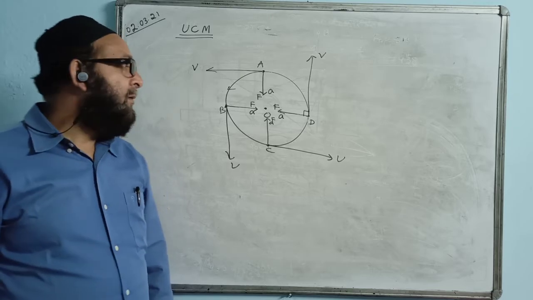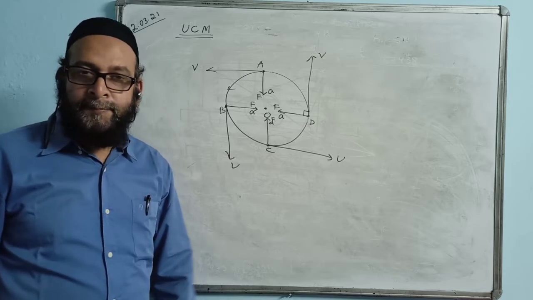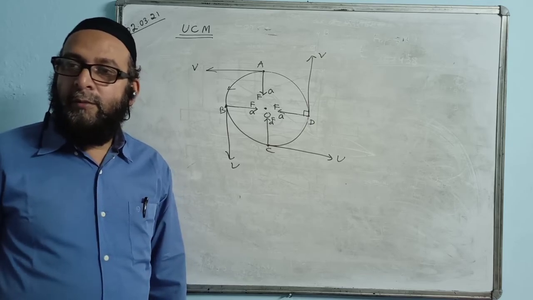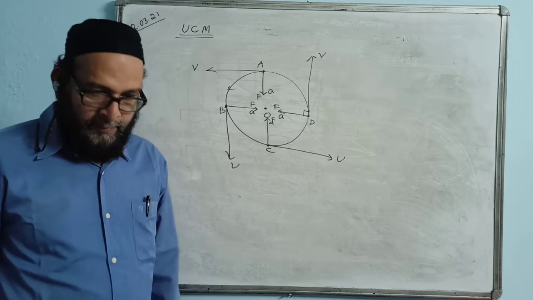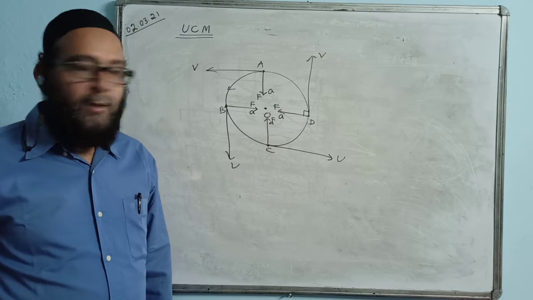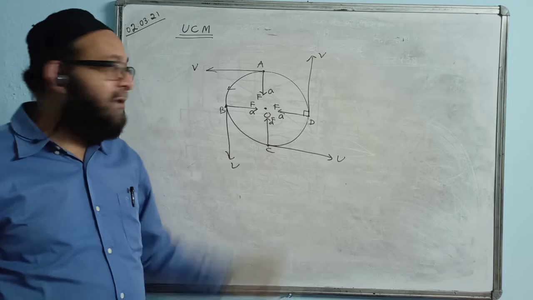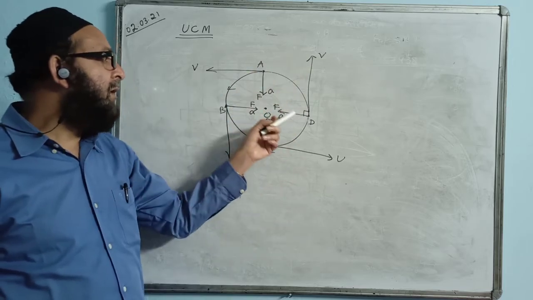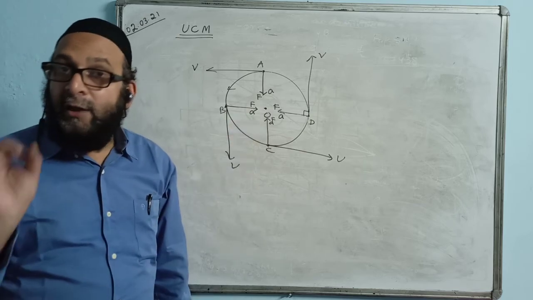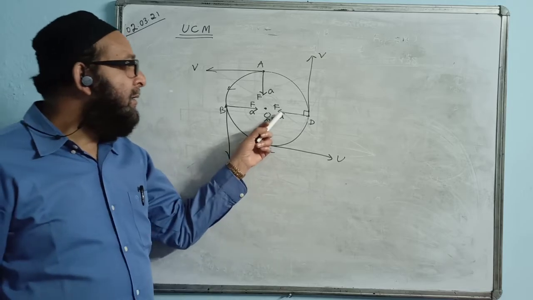That means, is acceleration uniform or non-uniform in this case? What is the answer? No. The direction of acceleration is changing. Acceleration is a vector quantity, and the direction is changing. Direction of velocity is changing, direction of acceleration is also changing, here also, here also. Everywhere it is changing. The value does not change, but the direction changes, and due to the changing direction,